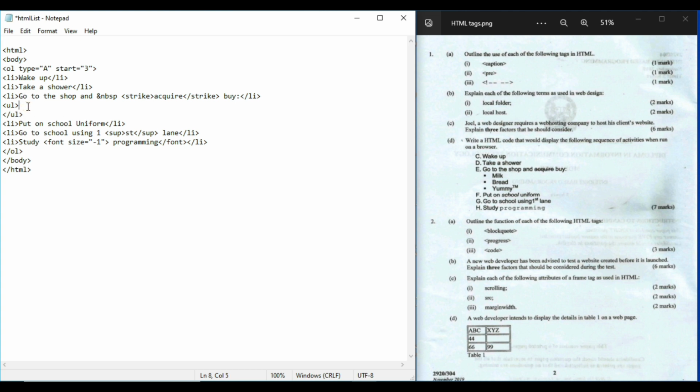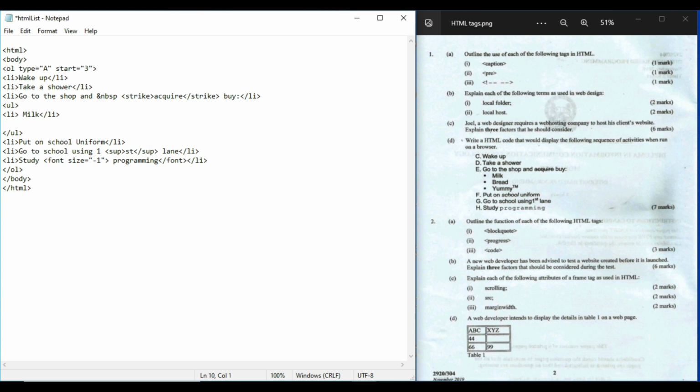And because this is a list, doesn't matter whether it's ordered or unordered, it will always be defined with the li tag. Li list, we say milk. Close. Just paste because I had it. Bread.